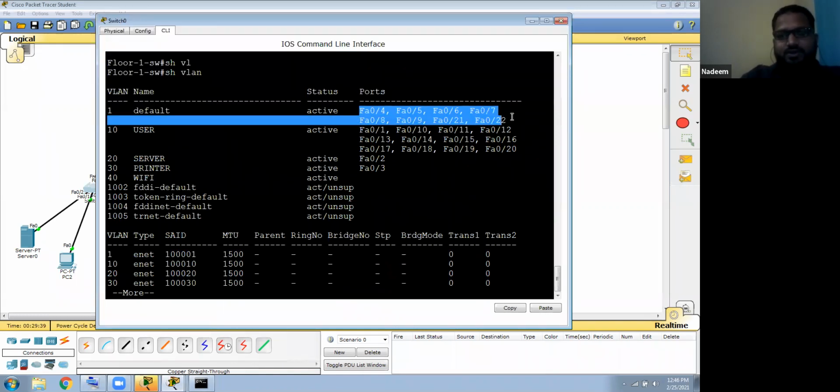So see, these ports are there. Let's say you use these, users are connected, but from 4 to 22. Let's say this is all interfaces. If interfaces are not used, they should be shut down. So what we generally do is put the range command and shut down as per the security thing.